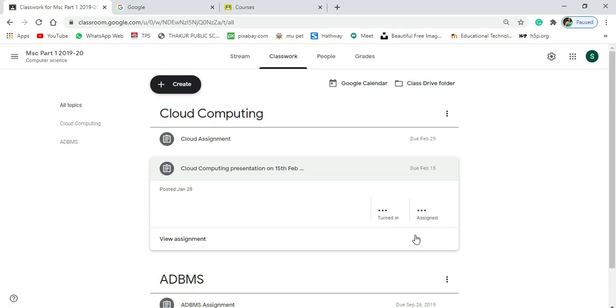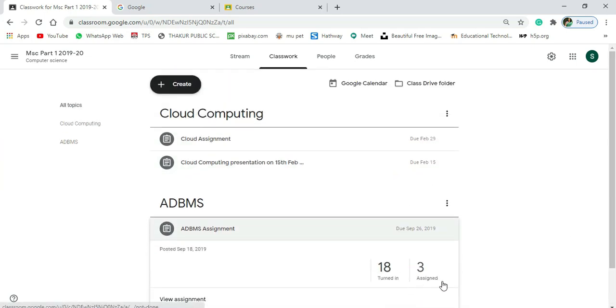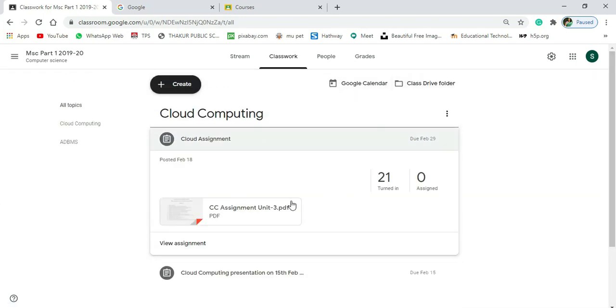In this also everyone has submitted the assignment. Now here, I guess, out of 21, only 18 have submitted and 3 have not submitted. So it shows all the details. And why I'm showing this part, because when I create a fresh account, in that case you won't be able to see all this part.